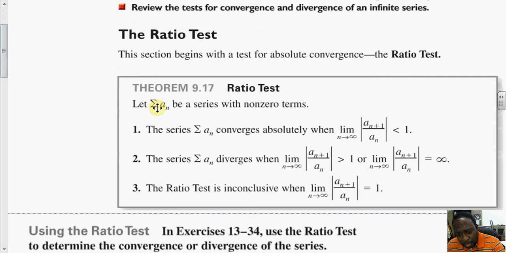So let the summation of a sub n be a series with non-zero terms. The series is said to be convergent absolutely when the limit as n goes to infinity of the absolute value of a sub n plus 1 divided by a sub n is less than 1. We get divergence when this limit is greater than 1 or obviously infinity. The ratio test is inconclusive if the limit of this ratio is equal to 1. So with that in mind,